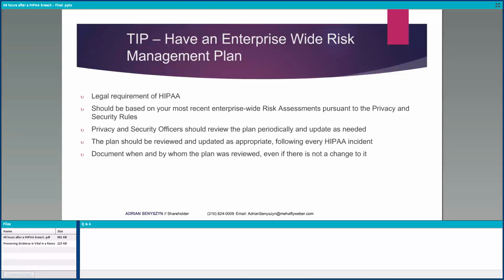And that leads into the next tip, which is to have an enterprise-wide risk management plan. The risk management plan is your compilation of all the risks you've identified in your privacy and security rule risk assessment, also in your disaster planning. And this is actually a legal requirement that the U.S. Department of Health and Human Services would like you to have that plan written down and in place and updated